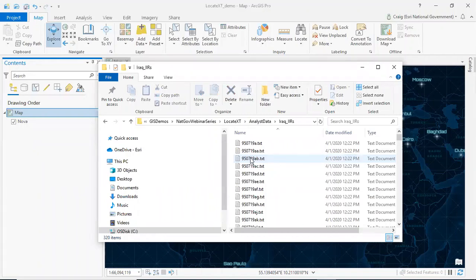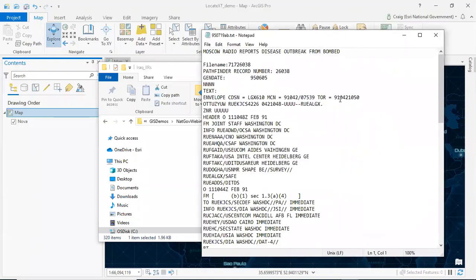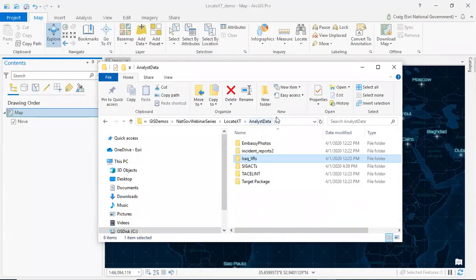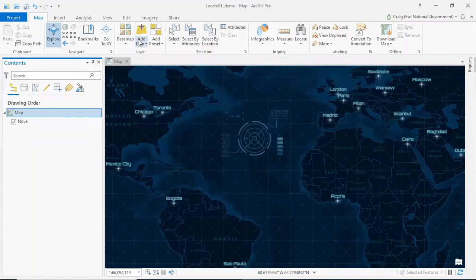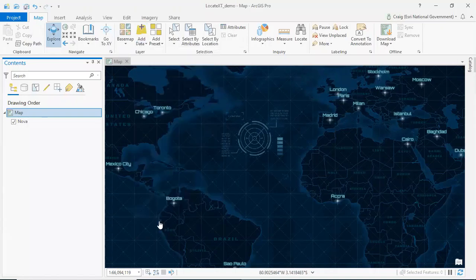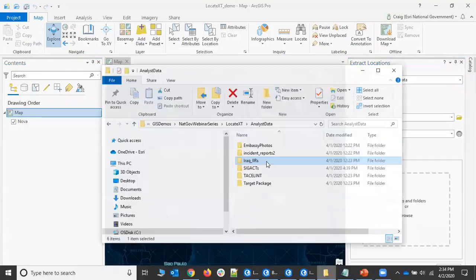If we look at one of these files, we can see that there are actually spatial elements within here, whether those are in the form of place names or coordinate locations and things of the like. So as an analyst, I could scour through all these files individually and bring those locations into ArcGIS Pro, but obviously that would be a very manual and painstaking process. So what we can do is utilize one of my favorite geoprocessing tools here, which is the ability to extract locations. If we open that up, I can then